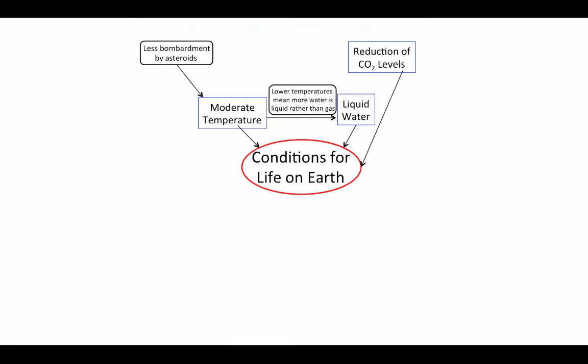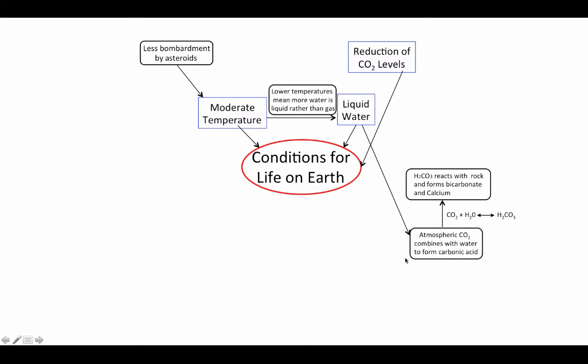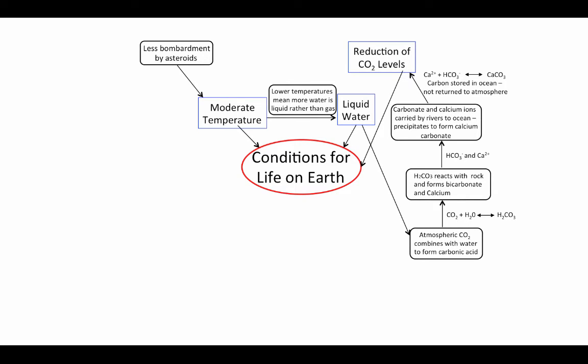Let's take a look. So we've got liquid water, which combines in the clouds with atmospheric carbon dioxide to form carbonic acid, which then reacts with the rock to form the bicarbonate and calcium ions. The bicarbonate and calcium ions are carried by rivers to the ocean, which then precipitates to form not very soluble calcium carbonate. So it's stored there in the oceans, not returned to the atmosphere. So we get that reduction of carbon dioxide. But this is not the end of the story, because we also know